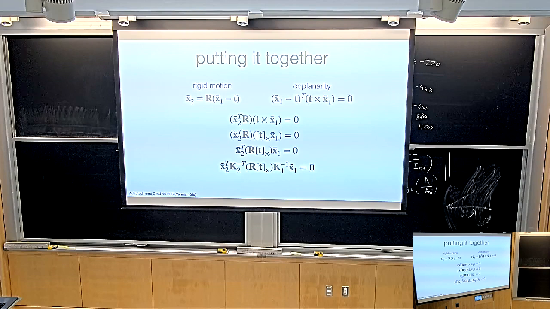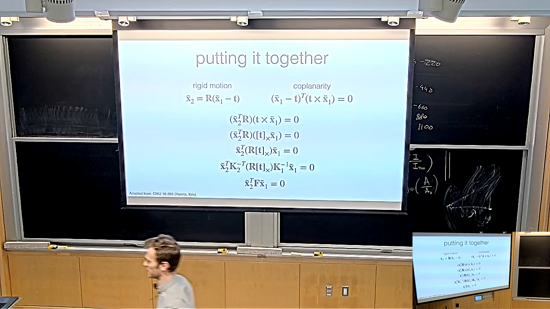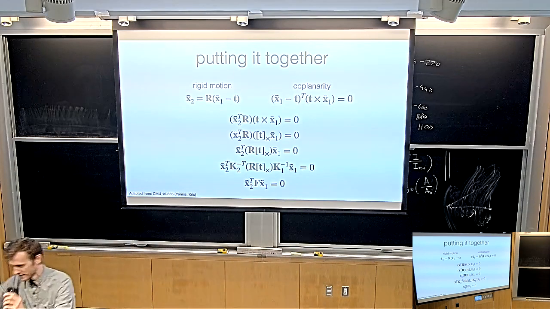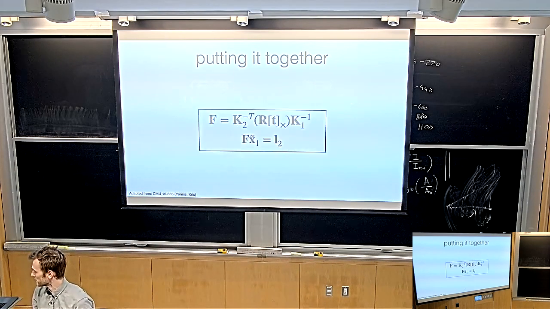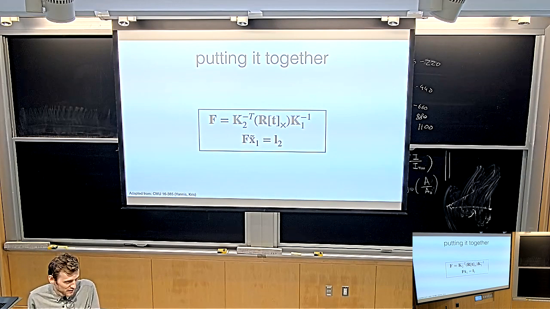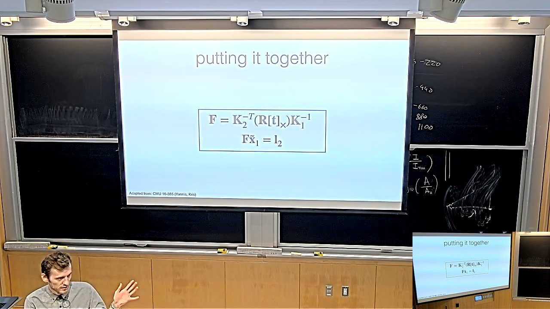So this thing here, again, is the ray direction of this pixel coordinate in camera number 2, the ray direction of pixel coordinate number 1, and then there's this thing in between. And so this is now the expression for the fundamental matrix. This whole term in the middle, that's the fundamental matrix. And so what does that mean? If you ever have the parameters of a set of cameras, like two cameras, and I give you the intrinsic and the extrinsic camera parameters, this is how you can compute the epipolar line.